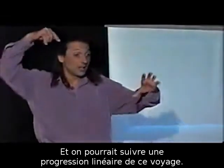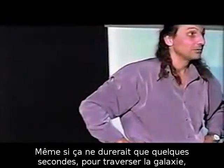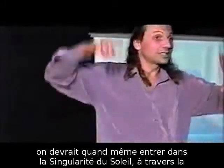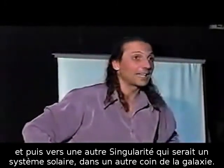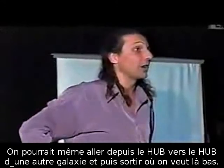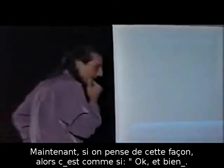And you could actually follow a linear progression of that travel. Although it would only take seconds for you to go across the galaxy, you would still go through the singularity of the sun, through the singularity of the hub, and then out to another singularity that would be a solar system in some other corner of the galaxy. You could even go from the hub to another galaxy hub and then come out wherever you want there. You guys are following this? Okay. Now, if you think of it this way, then it's like